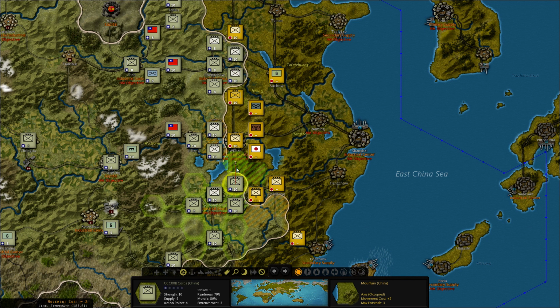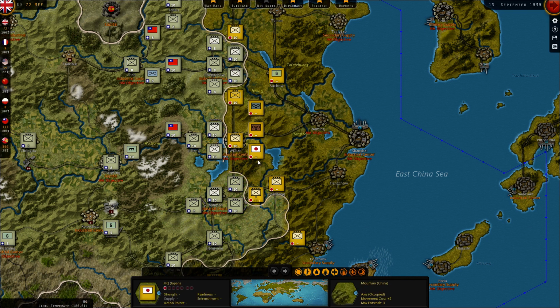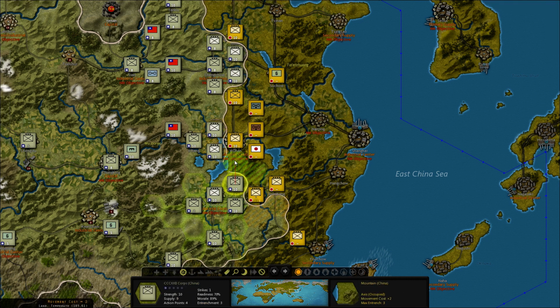But you're entrenched. You're very much entrenched. Can we move up you? So I would like to attack this headquarter unit over here. And we could move up our infantry corps over here and attack them. They're in a mountain terrain. That's not very good, of course. And we would be losing all of our entrenchment. But then again, attacking...